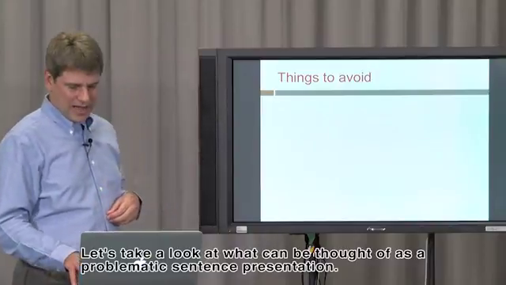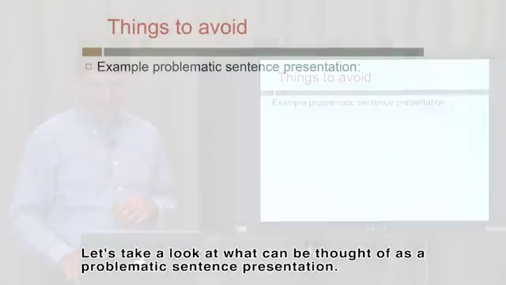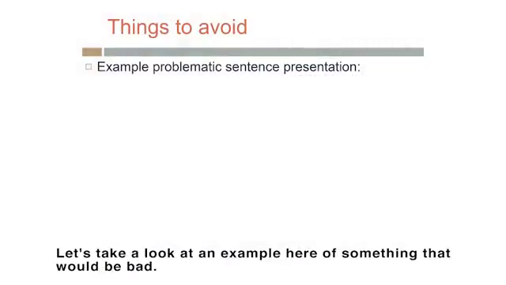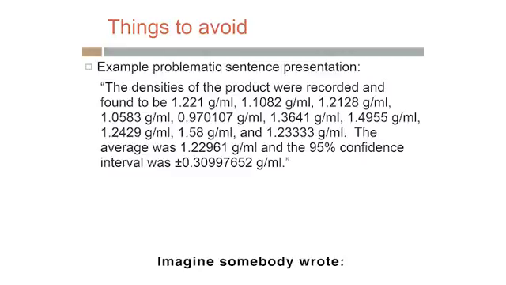Okay, let's take a look at what you might think of as a problematic sentence presentation. So let's take a look at an example here of something that would be bad. Imagine somebody wrote, quote, the densities of the product, density is how tightly packed things are, were recorded and found to be 1.221 grams per milliliter,